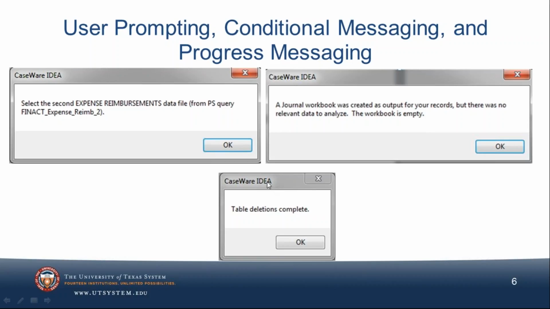And then finally, down at the bottom, this is just progress messaging. Periodically throughout the tool, it'll let the user know, in this case, table deletions are complete.